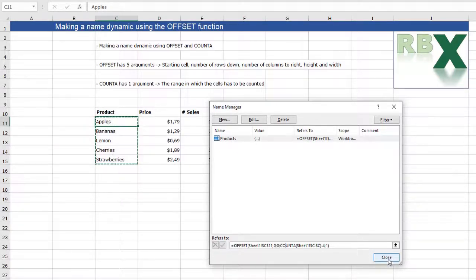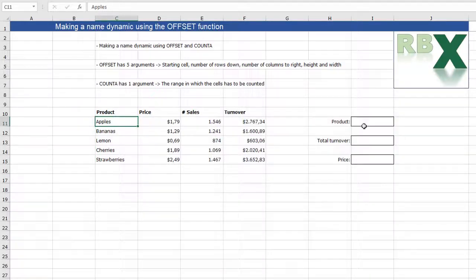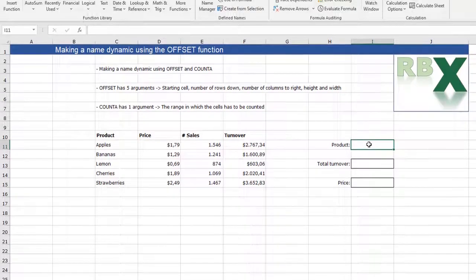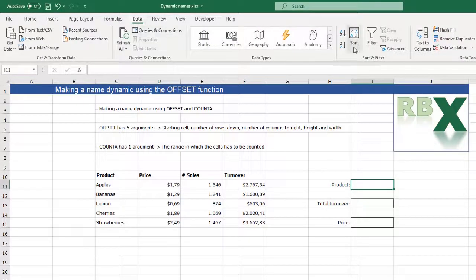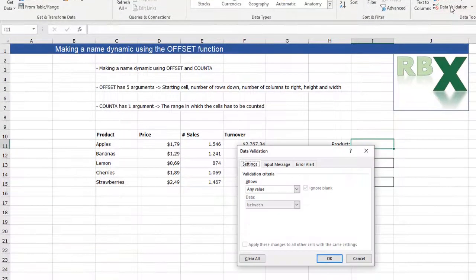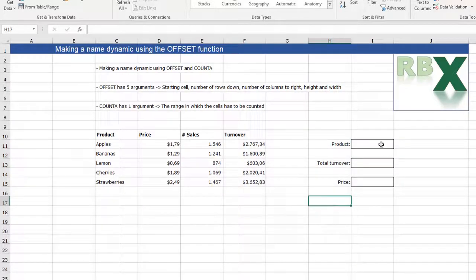So what we can do now is close this window and go to this cell, and we can get a drop down list of all the products here. And for that you select the cell, go to the data tab, click data validation, and under settings you select a list, and the source is =, and then our name products. So just click OK, and you will see